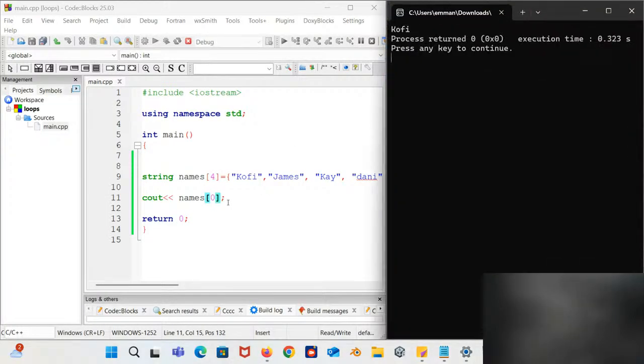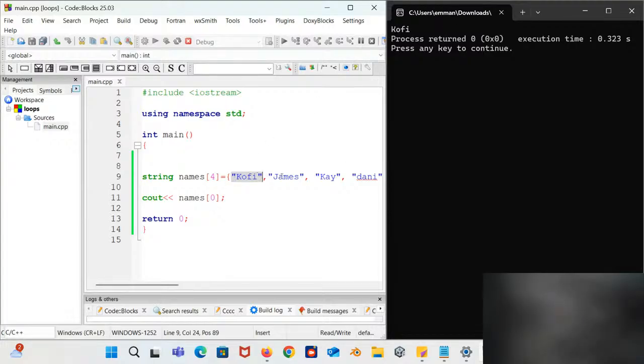So now, when I say cout, now in arrays, before we go to access arrays, we call something an element. Elements are basically whatever thing that you have stored in your array. Are we good? So in arrays, elements are indexed from 0 going up. How many elements did we specify? 4, right? So we have 1, 2, 3, 4. But if you want to access the first element, it is indexed as what? 0. So anytime I enter index 0, it is going to give me Kofi, as you can see here.